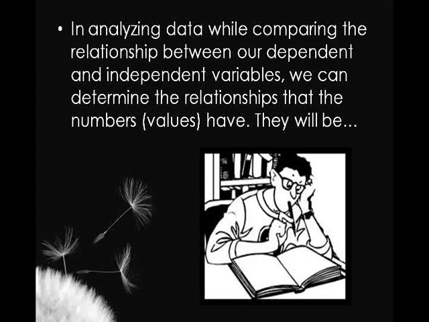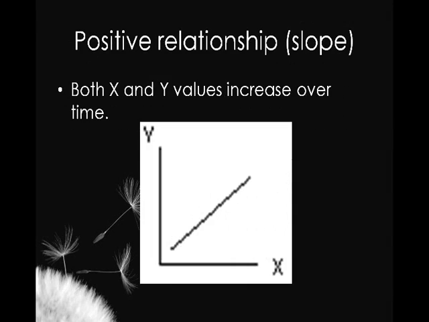In analyzing data, we compare the relationships between dependent and independent variables, so we can determine the relationships that they'll have. There's three types of relationships that you need to know. First is a positive relationship, and that's when both the x and the y values increase over time, so it gives you an increasing slope, like